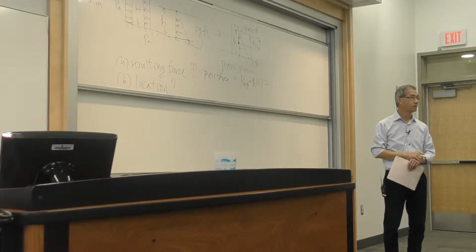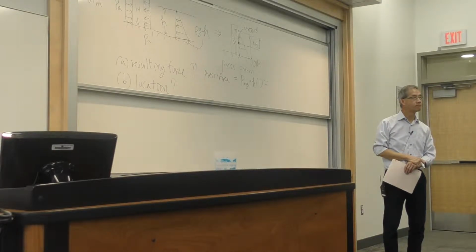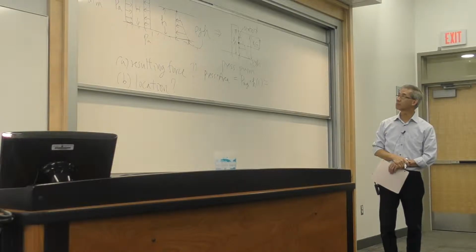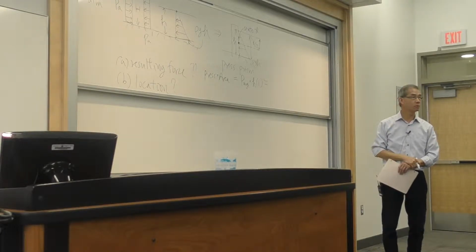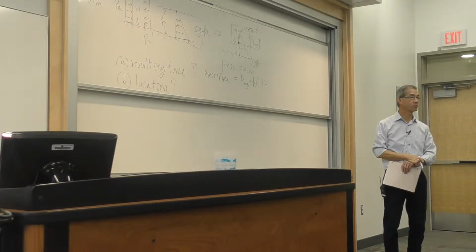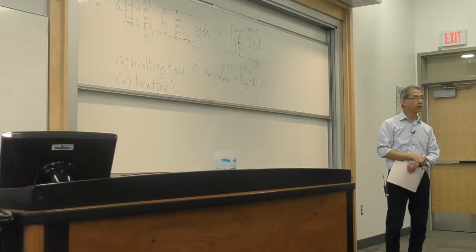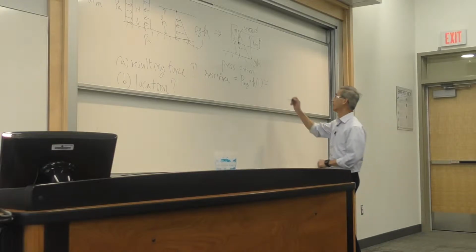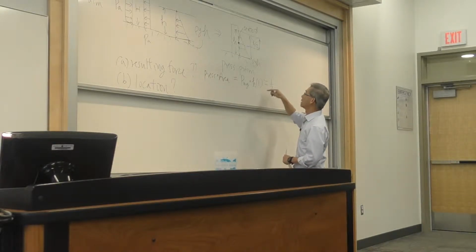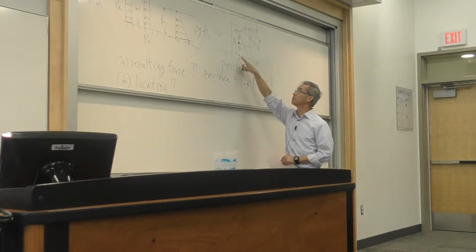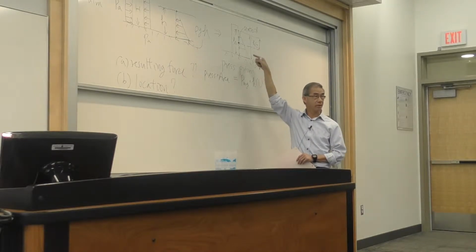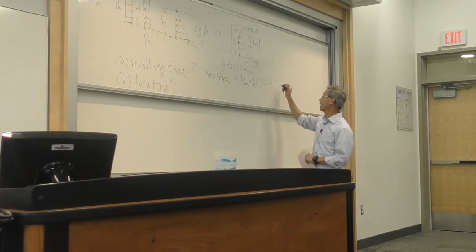Anyone? Yeah? Is it the area of the triangle divided by h? No, it's not the area. It's just an average pressure, yes? I was going to say one half rho gh. One half. Half, because it's 0 at the top, rho gh at the bottom, and it's linear. So it's one half,